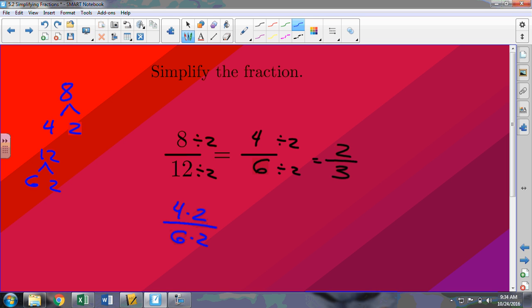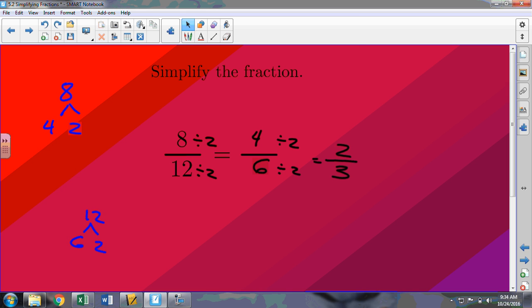Anytime you split something up like this, if you've got a top and bottom pair, they cancel. And you'll notice what we have here is the 4 over 6 that we had before. Sometimes students prefer to work it this way. In general, this strategy is really good if you use the entire prime factorization that we worked on before. In particular,